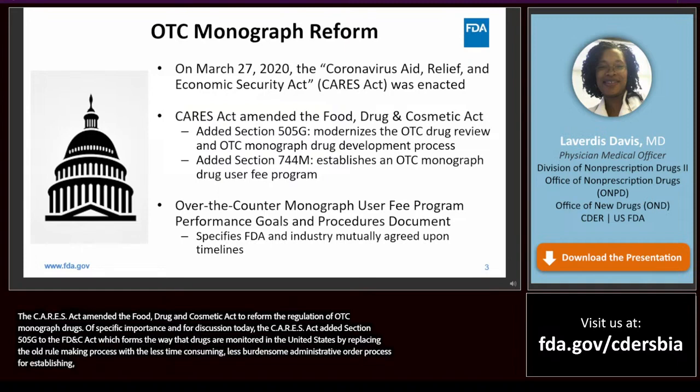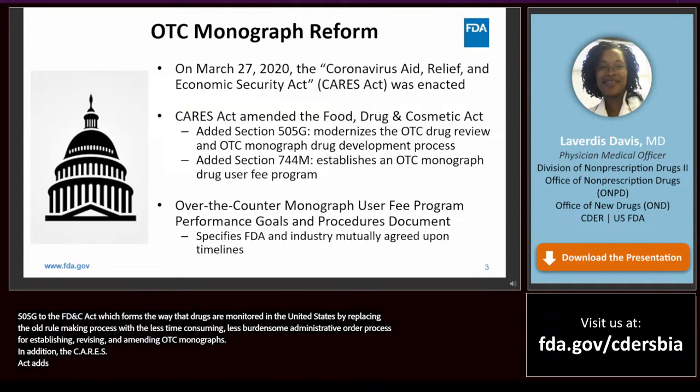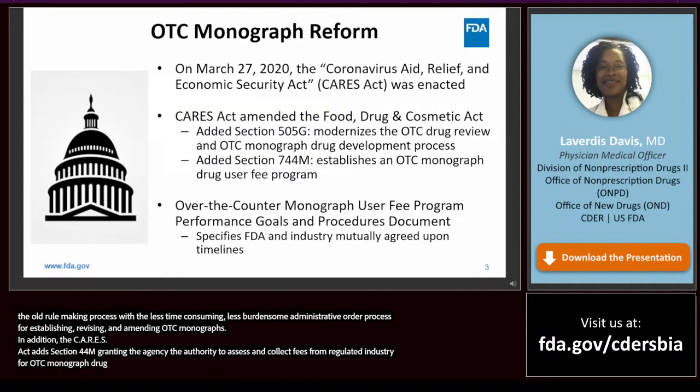In addition, the CARES Act adds Section 744M, granting the agency the authority to assess and collect fees from regulated industry for OTC monograph drug activities from October 2020 through September 2025.